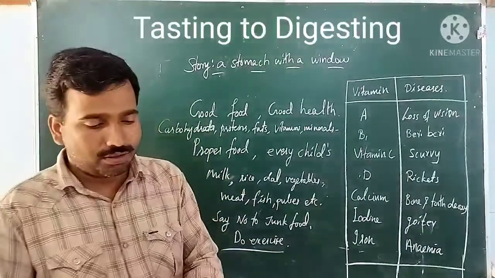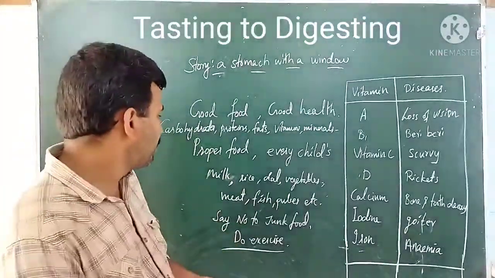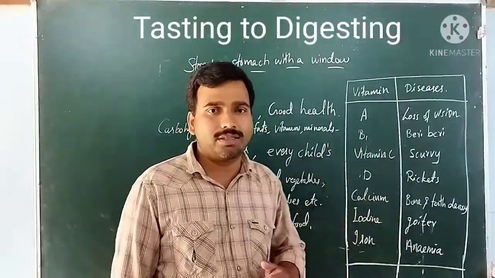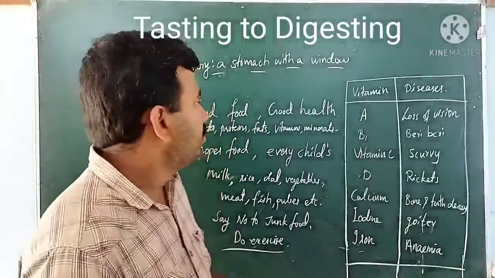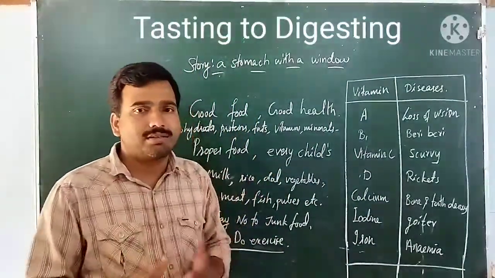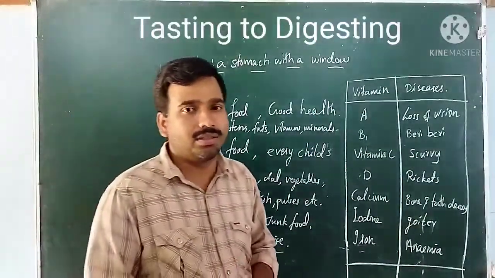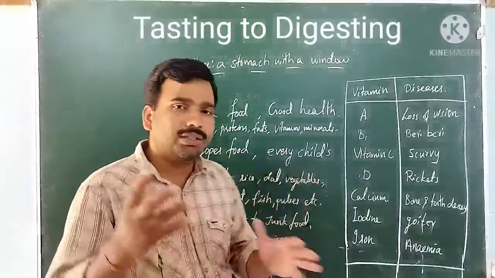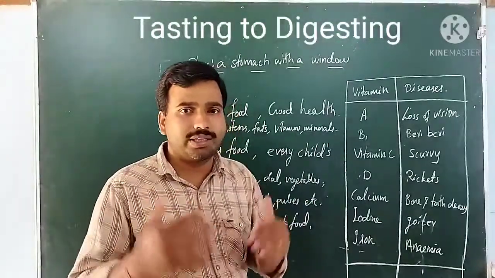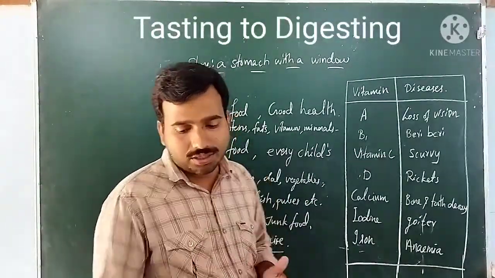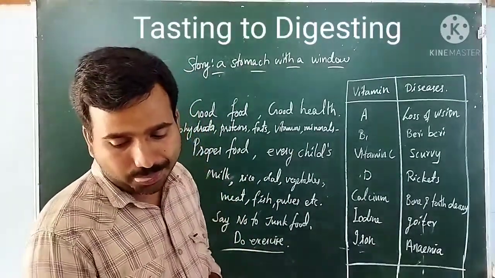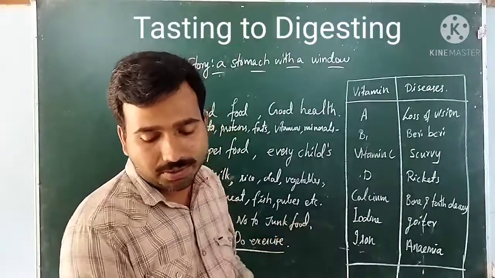So that's the next topic. Then the last topic is about proper food. That is every child's right. So we might have seen what a balanced diet is and what proper food is. Do you think that every child is getting proper food? Just for an example, another story is described in the coming chapter.